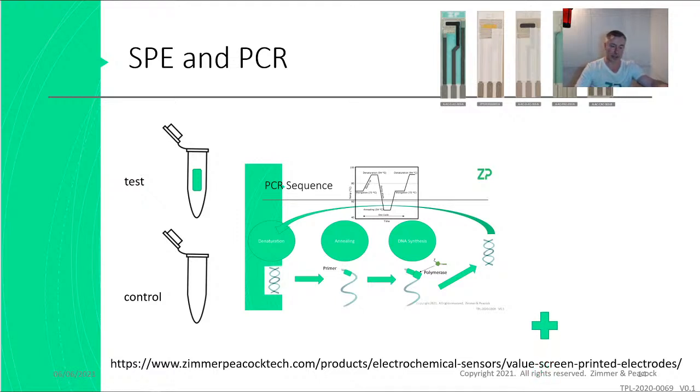Now what we're hoping is that we'll get a positive result with a control and we'll get a positive result with a test, and that tells us our material is good. It's very rare that the test completely fails, but it's not unusual that new materials can in fact inhibit the PCR reaction. So the questioner was asking whether we had experience of using our silver chloride inks in things like PCR reactions. The quick answer is we do, and we have experienced different materials inhibiting PCR.